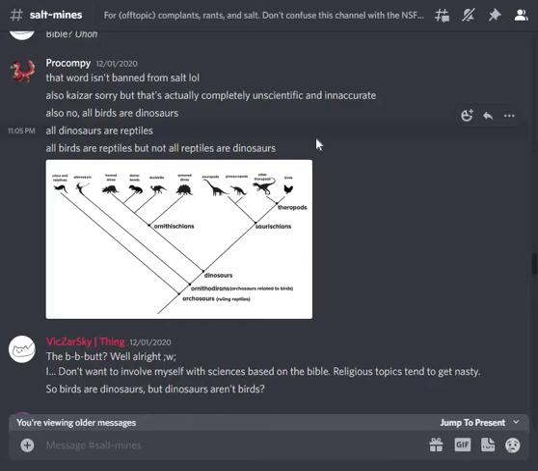Someone who tells you that you're completely unscientific and inaccurate, on something that has been debated for a very long time, something where there are arguments on both sides, and just tells someone that they have no idea what they're talking about, you can automatically tell. There's a good quote, which is, it's hard enough to reason with wise people, but arguing with idiots is almost impossible. So I don't mean to call Procompi an idiot, but I'm not going to say that evolution is completely unscientific and inaccurate. I'm saying there's definitely good arguments for that. But what I am saying is that to call either side completely unscientific and inaccurate seems a bit far-fetched to me.